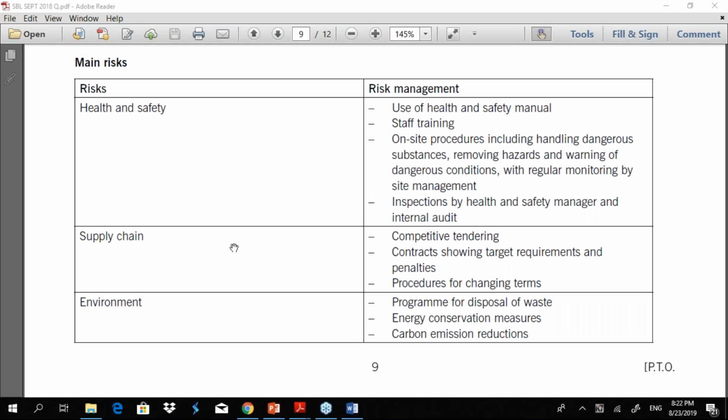Right, and in terms of risks and risk management, you must also bring in the likelihood and impact element, right? So you can mention the risk and then also bring in likelihood and impact, and then the management strategies or activities that you are planning. So that's another critical evaluation you will make.